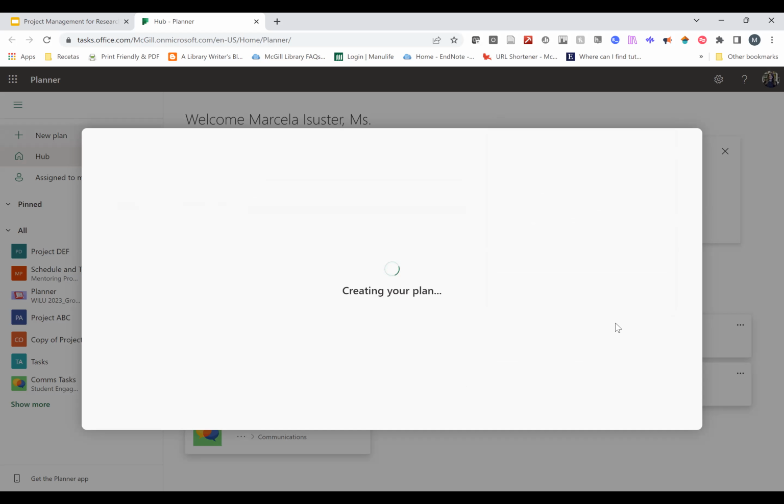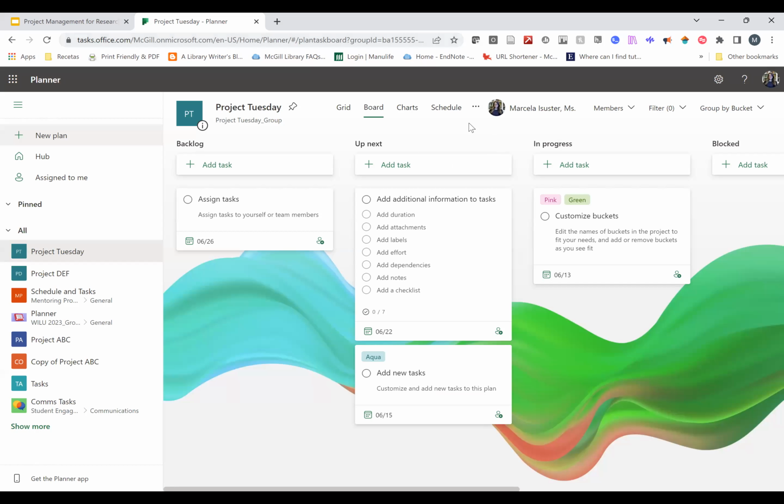And then it's going to create my plan. Of course, it's going to take some time. Perfect. So I have my plan over here. Because I'm using a template, it already has some things. If you were going to do one from scratch, then all of this would be empty.